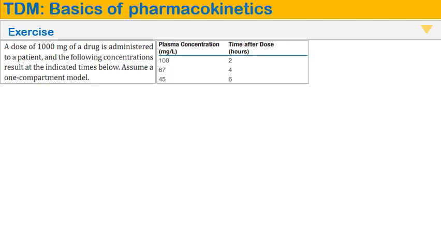Now we come to an exercise related to the lecture, to teach you how to use the equations. A dose of 1000 mg of a drug is administered to the patient, and the following plasma concentration versus time result is obtained. Assume the drug's behavior is a one compartmental model. Here we have plasma concentrations: 2 hours after administration, the plasma concentration is 100. After 4 hours from administration, the plasma concentration is 6.67. After 6 hours, the plasma concentration is